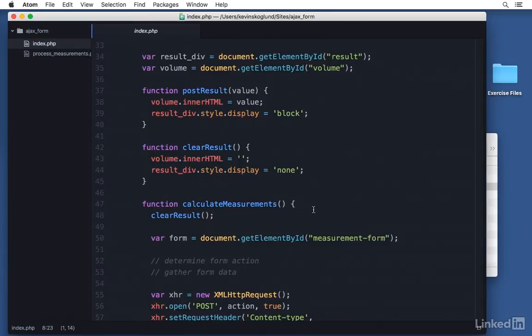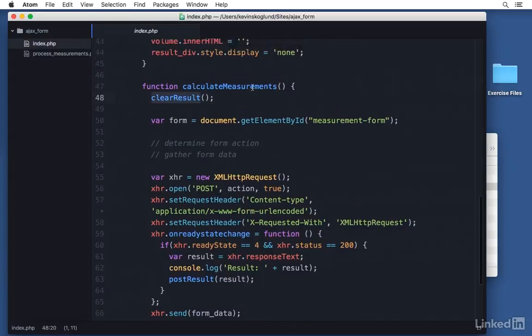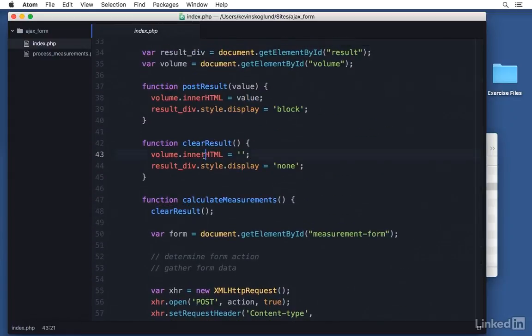Let's jump down first of all to our calculate measurements code. The calculate measurements code is going to call clear result, so we clear any previous results that we had. If we go up here and look at that, it just simply takes that volume, which we've already figured out the element that is, get element by ID volume. It takes that volume and sets its inner HTML to be nothing, and it tells the result div that it